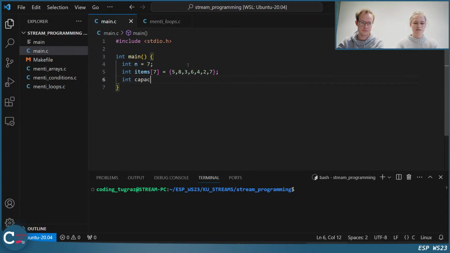Then let's specify the maximum capacity for a bin, which is 10. Same as before. And now let's just create an array with bins where we'll place the items. Because we can't change the size of the bins later, if we want to create a bin array, let's choose 7 as the size, because we definitely won't need to create more than 7 bins for 7 items.